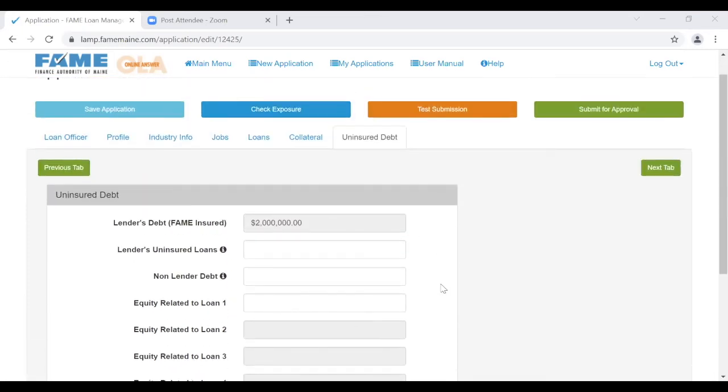So if we have no other questions on this uninsured debt tab, I'm going to talk about submitting your application. So you have two options here. You can test submit it, which basically, if you want to see, hey, how's it going to score? Is it possible to be approved before you discuss it with your borrower or before you send your request to approval? You can do a test submission. So on this, I'm going to show you what that'll look like. So if we do a test submission,